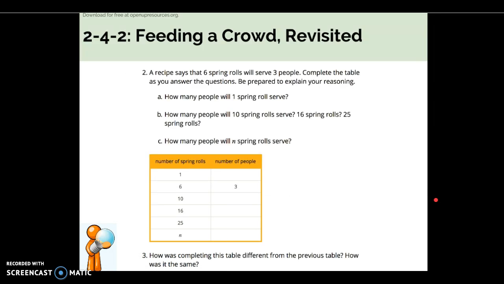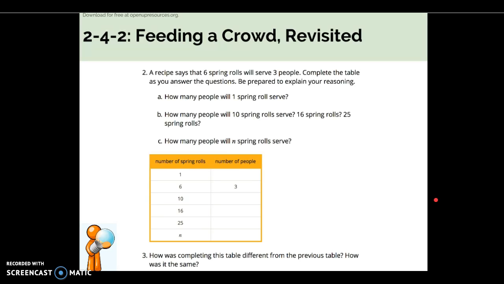So now when we look at the same thing, we have a recipe that says 6 spring rolls will serve 3 people. I want to go ahead and complete the table and answer the following questions. How many people will 1 spring roll serve? How many people will 10 serve? 16, 25, etc. And then hopefully you've come to a pattern that helps you determine how many people will n